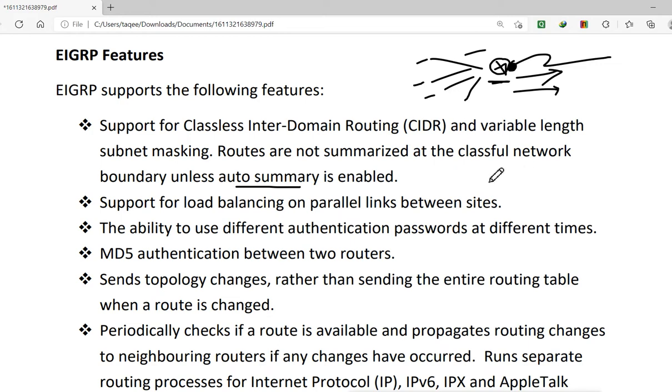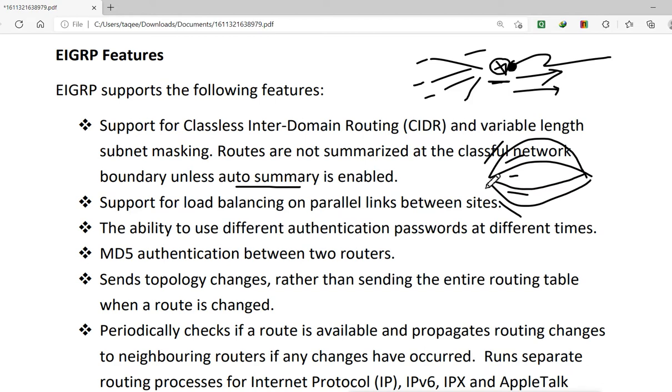So if you have 4 similar paths to reach the destination, what do they do? They support a maximum of 4 paths to reach the destination, and they can use all those 4 paths. And how will it work? It will do the load balancing. If you are using the RIP protocol and you have the same hop counts from 4 different paths, it will take those 4 paths into the routing table and do the routing over all those 4 paths.